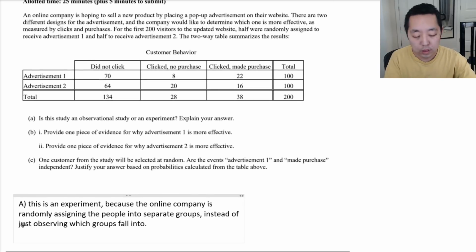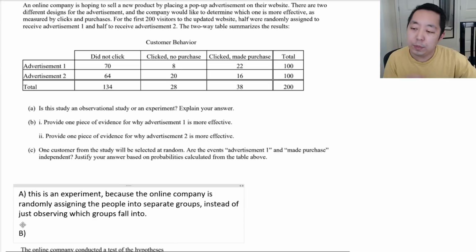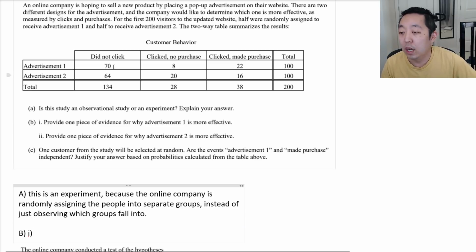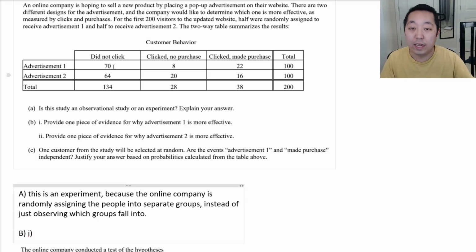Okay. B, provide one piece of evidence for why advertisement 1 is more effective. Well, let's look at advertisement 1 compared to advertisement 2. More people did not click on advertisement 1, which makes it kind of worse, right? Because with an advertisement, you want people to click on it. 8 people clicked and made no purchase, and 22 clicked and made a purchase. So what did advertisement 1 do better on? They clicked and made a purchase, right? More people